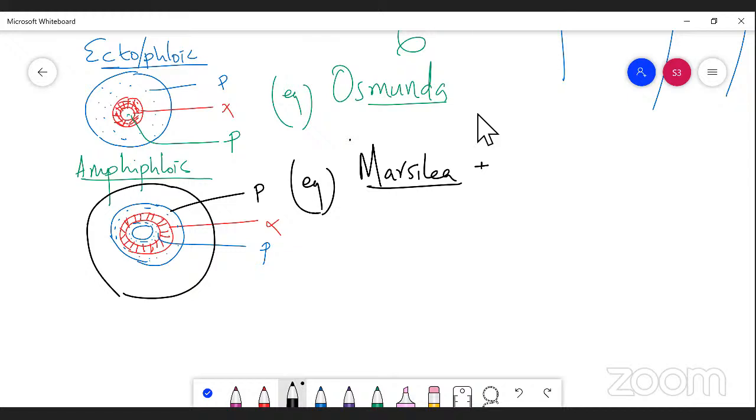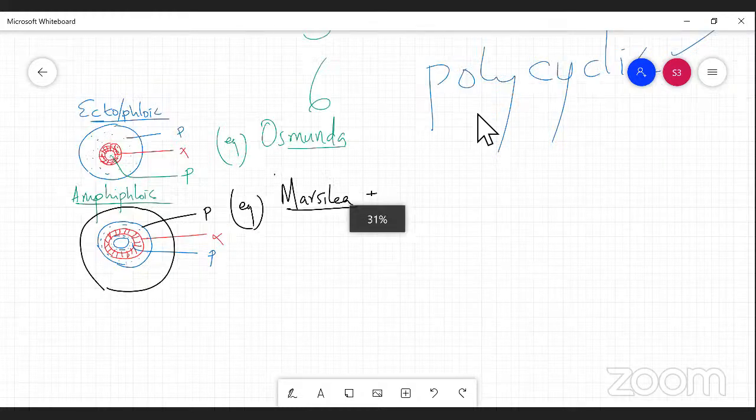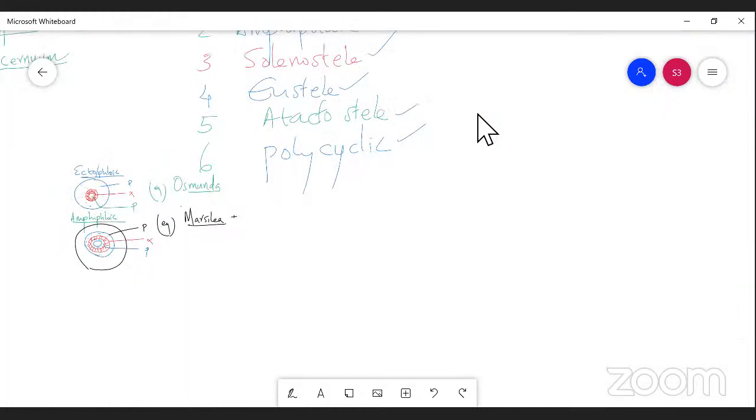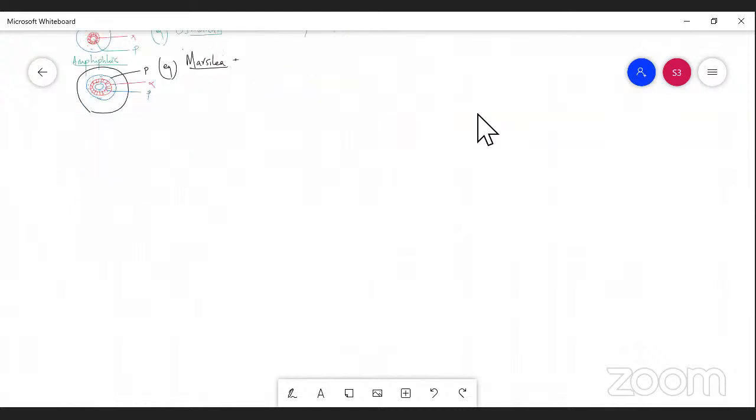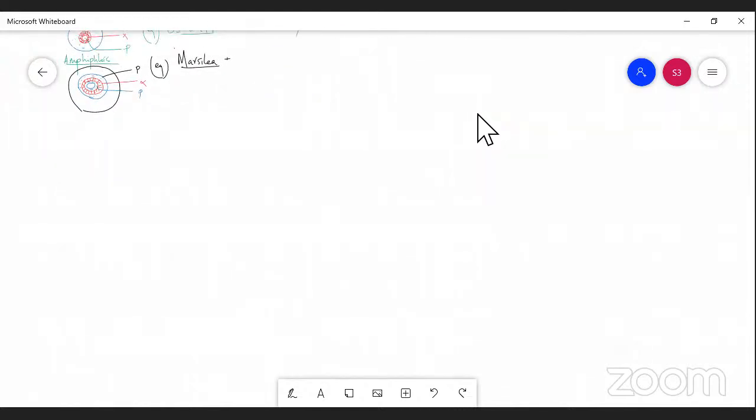And one more thing, sometimes this amphiphloic stele is also represented by the presence of leaf traces. Such a condition is called a solenostele. I'm talking about the third category of stele, that is the solenostele. Actually, solenostele